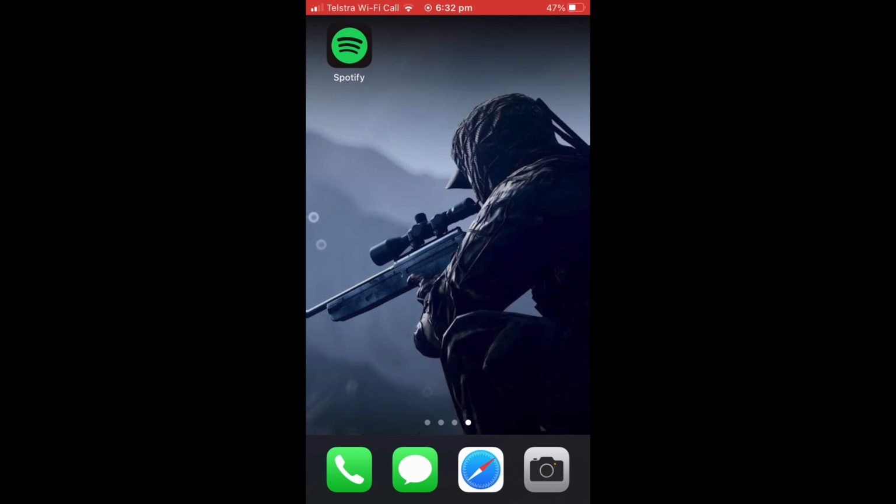Spotify on phone. So without further ado, let's get into this. Now you're going to want to make sure that you have the latest update installed on your Spotify app. But once that's installed, you're going to want to open up Spotify